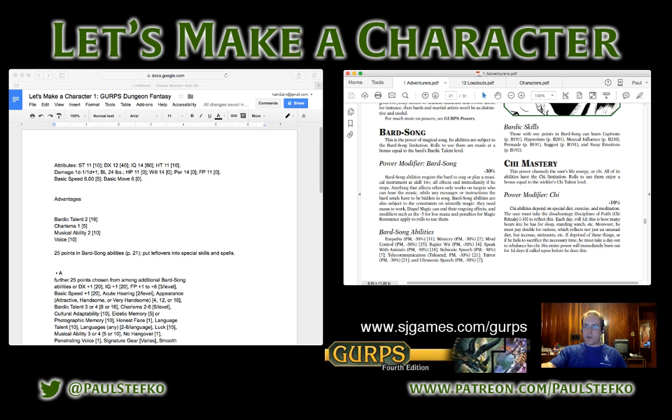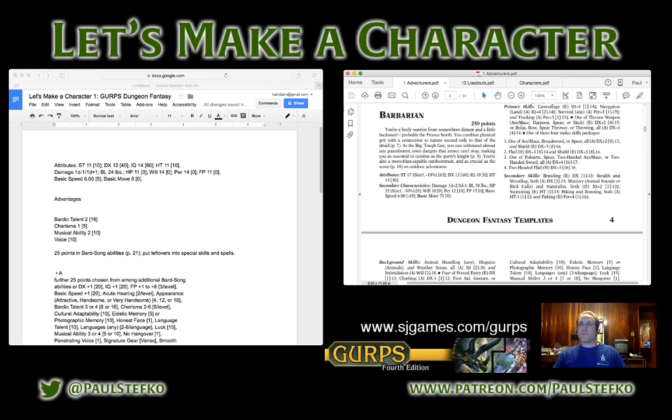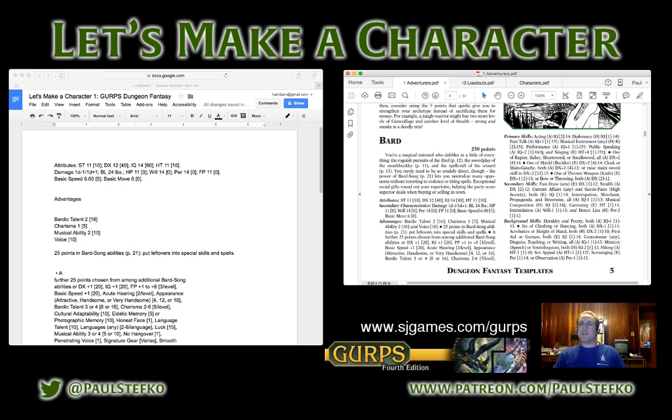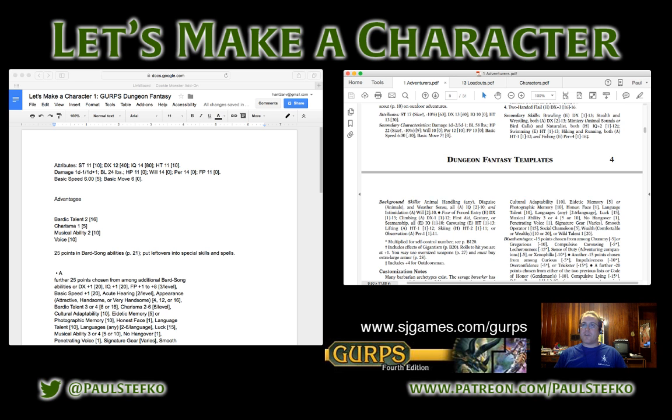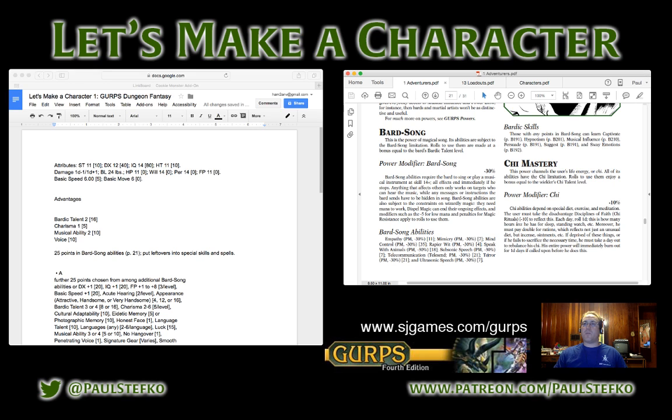So taking a look at this, I know that this guy is not going to be one of those guys rushing in to do the melee combat thing. In fact, if I go back to the Bard template, the description says, You're a magical minstrel who dabbles in a little bit of everything. The roguish pursuits of the thief, the swordplay of the swashbuckler, and the spellcraft of the wizard. So the bard is a jack-of-all-trades, master of none kind of character. And a lot of what a bard can do is about helping the rest of the party out. He's a support role,